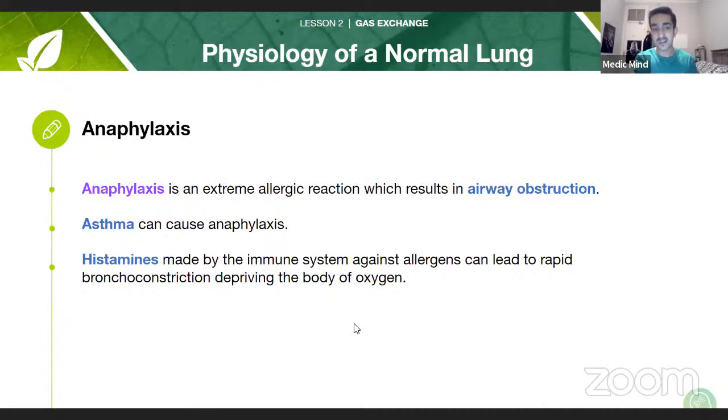But yeah, anaphylaxis is not chronic, it's acute, sorry, it's a severe allergic reaction to an external stimulus. Asthma is caused by inhaling your allergen. Usually an asthma allergen is like cold air or pet hairs, so it's something that you can inhale. Anaphylaxis can even be caused by eating the allergen,